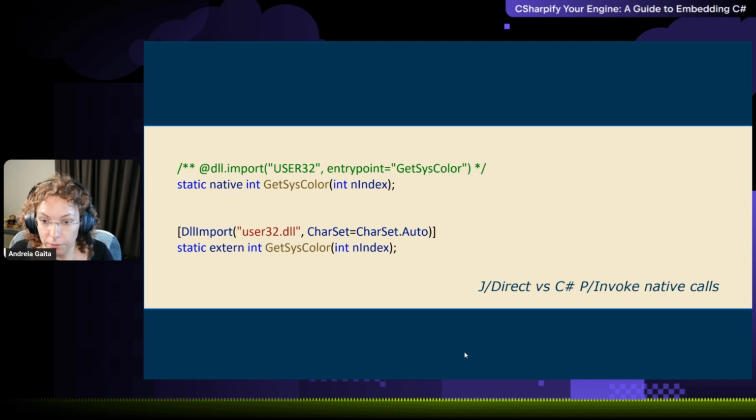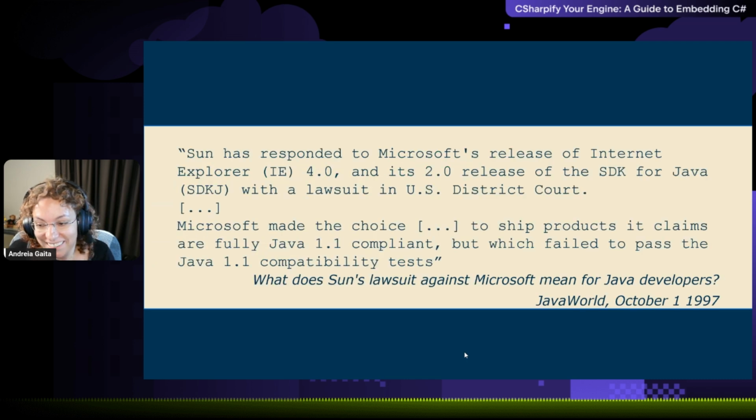So this was all fun, and this is all fun. July, August 96, everybody was raving about this. And then by 97, Microsoft's getting sued by Sun. And the funniest bit of the articles around this time is that